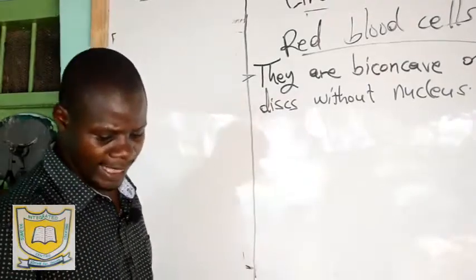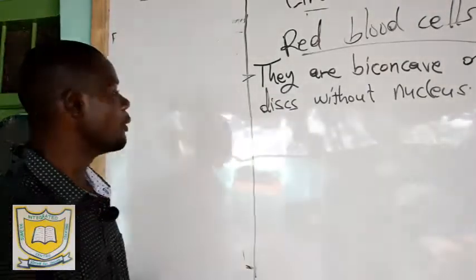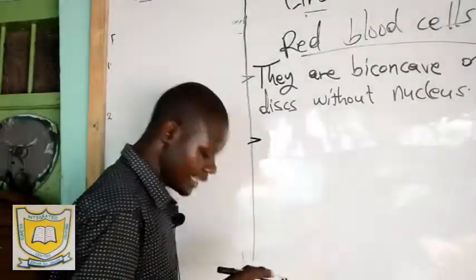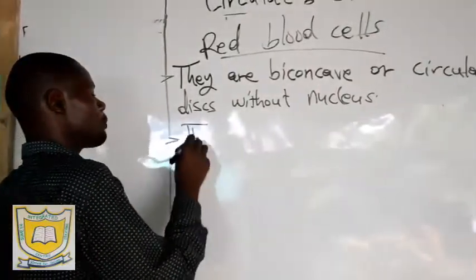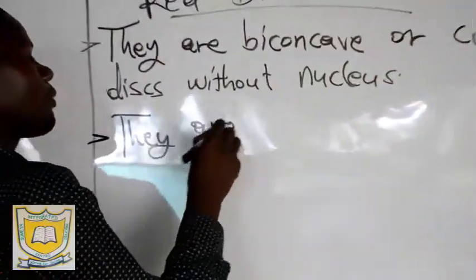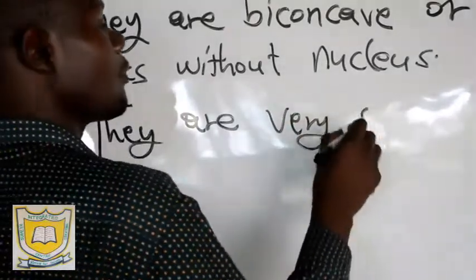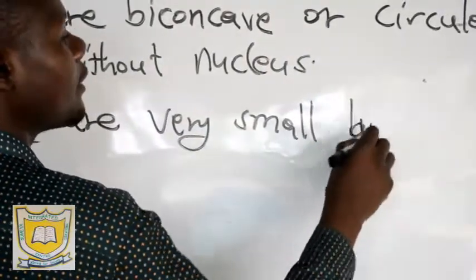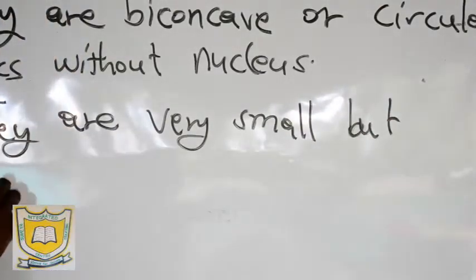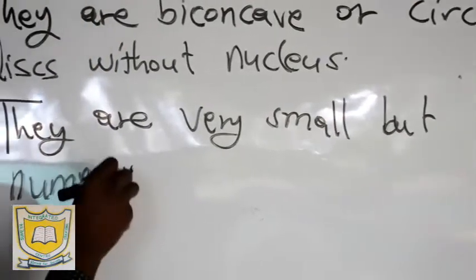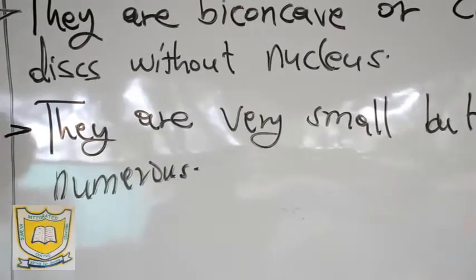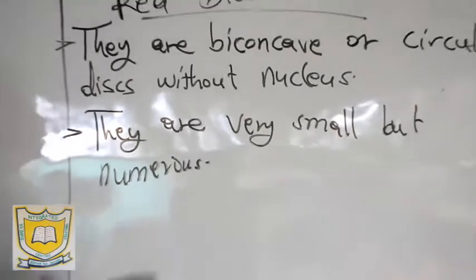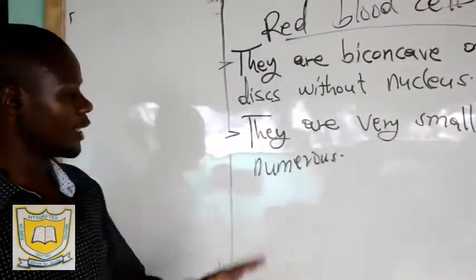Now they are very small but numerous. You find that in size, when you compare red blood cell and white blood cell, you realize that